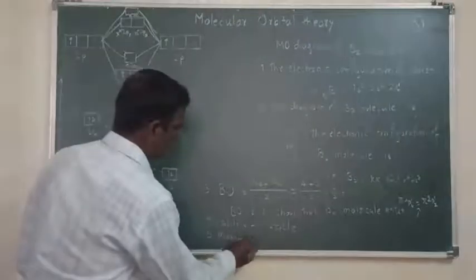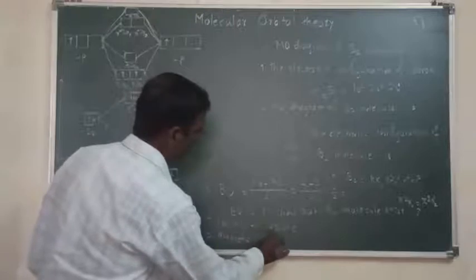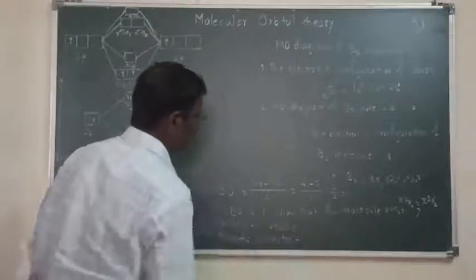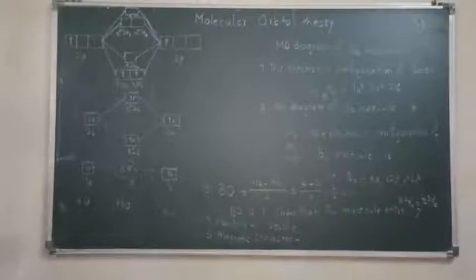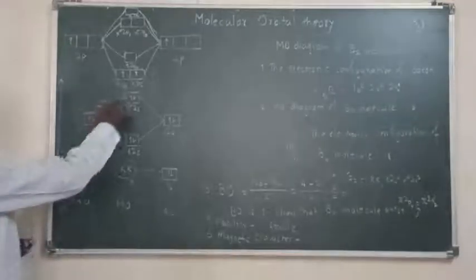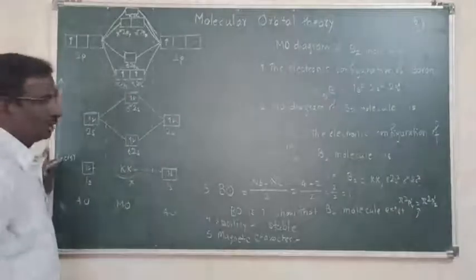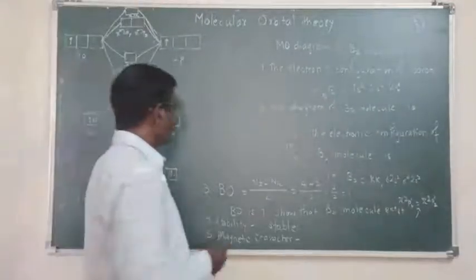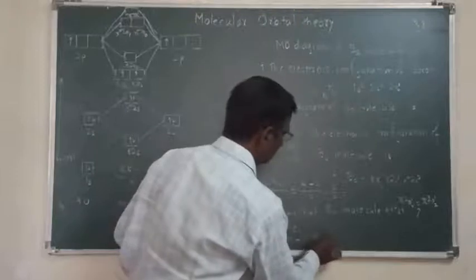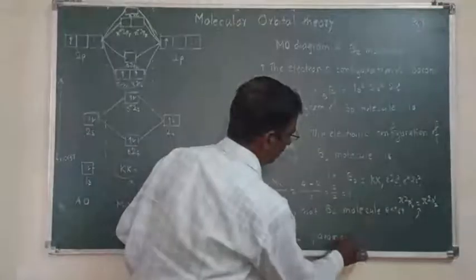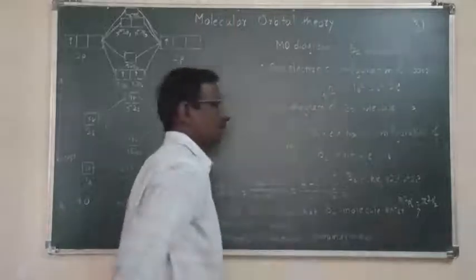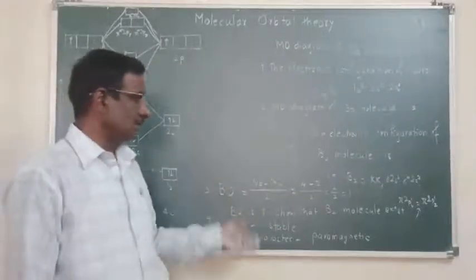You can see the MO diagram of B2 molecule. In the MO diagram, if one or two unpaired electrons are present in molecular orbitals, then the molecule is paramagnetic. If all electrons are paired in molecular orbitals, then the molecule is diamagnetic. In this case, the electrons in the bonding molecular orbitals are unpaired. Therefore, we say that the molecule is paramagnetic. The remaining part we can see on the next page.